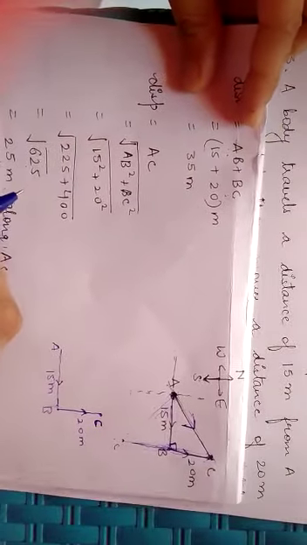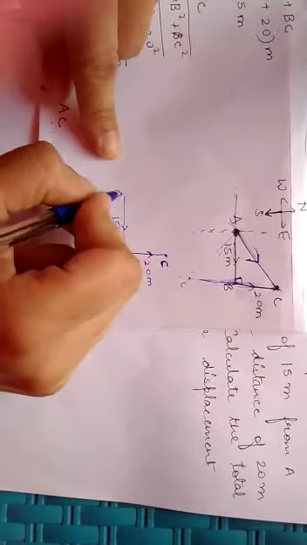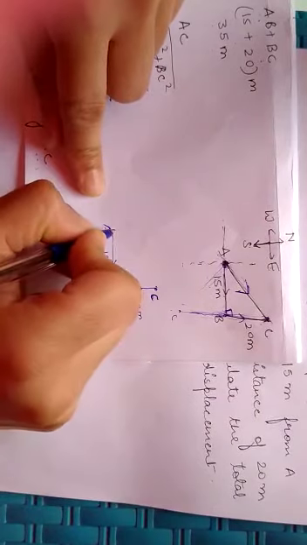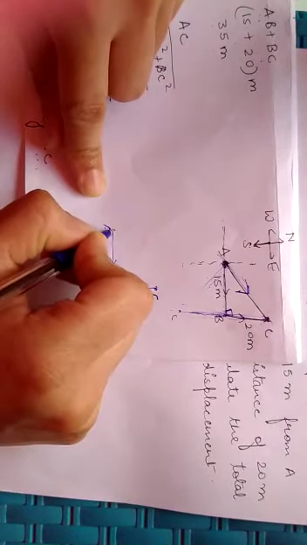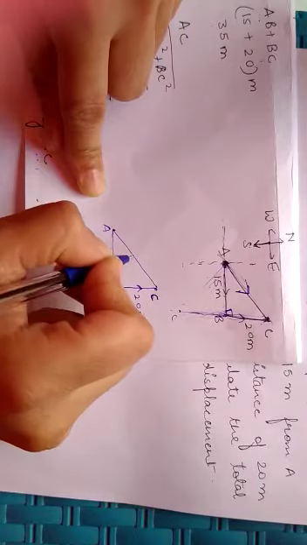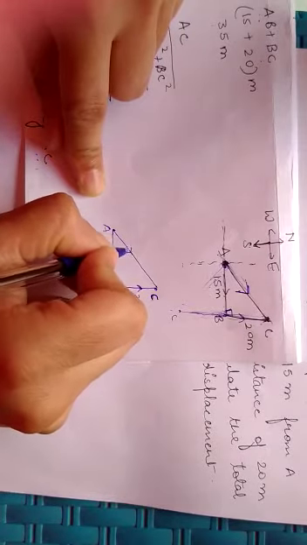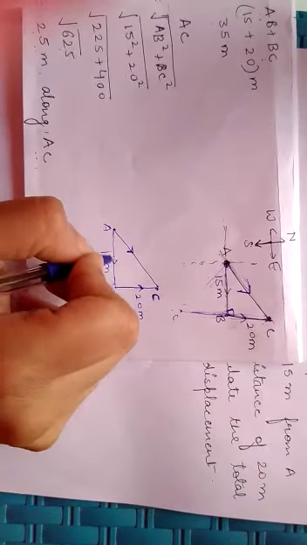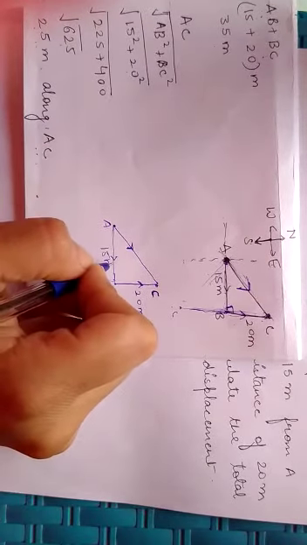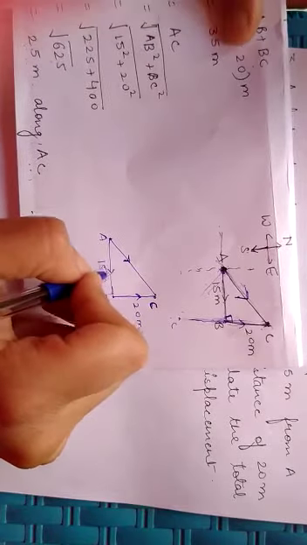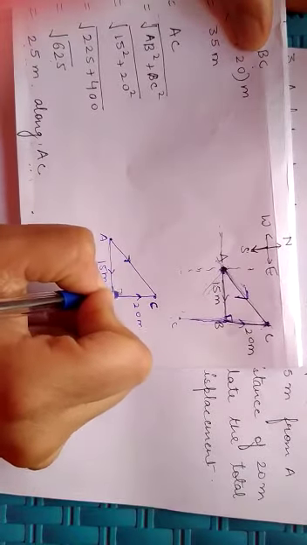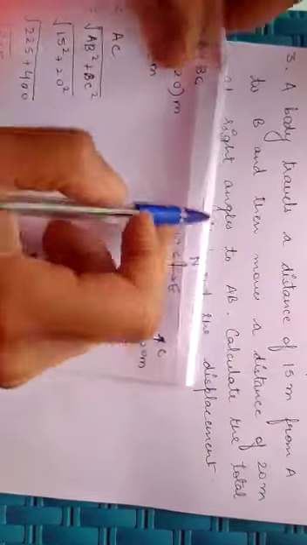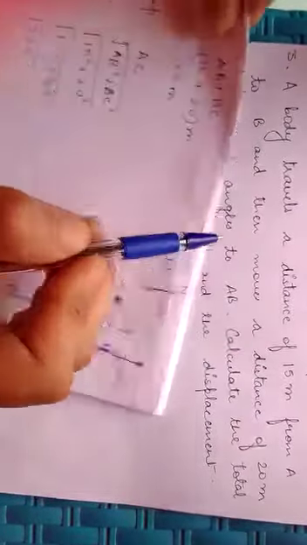Okay. Now, coming to displacement. What is displacement? It is the length of the shortest path from the initial to the final position. Join the initial point to the final point. This is how you will join, by a straight line. So, length of AC will give you the magnitude of displacement. Okay. So, now applying Pythagoras theorem here, because it is 90 degrees. It is 90 degrees because it is already mentioned in the question at right angles to AB.